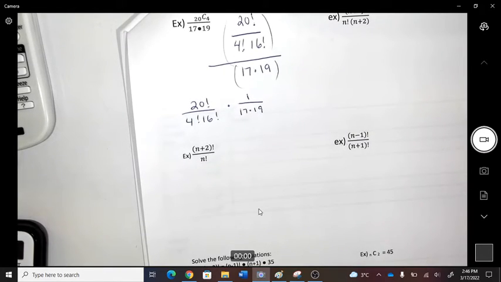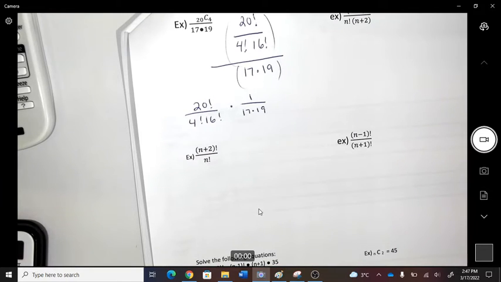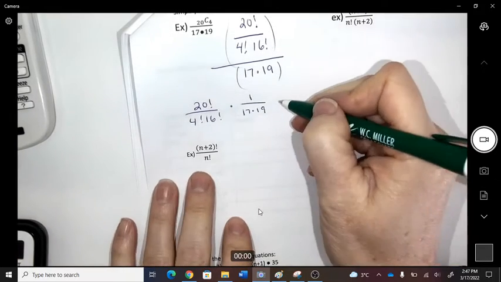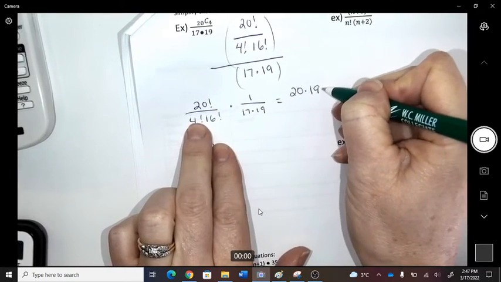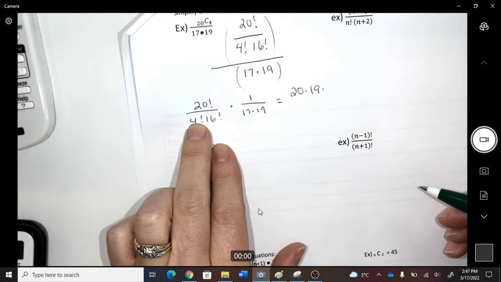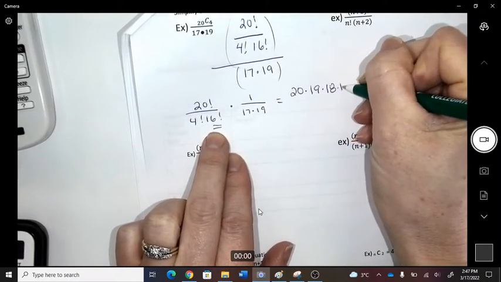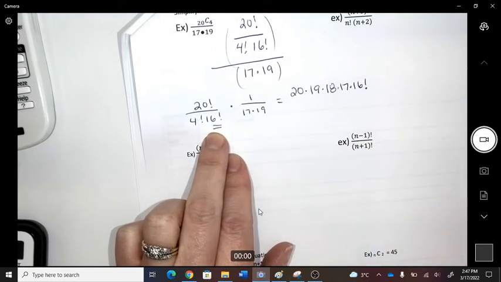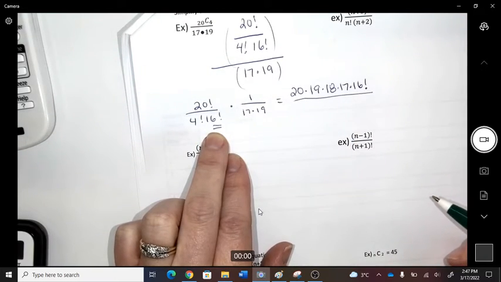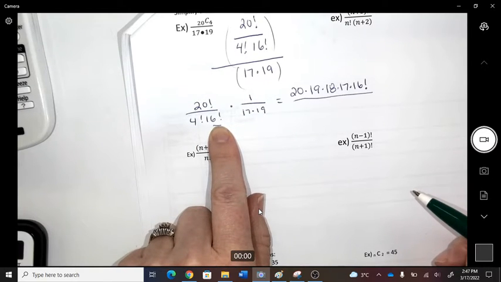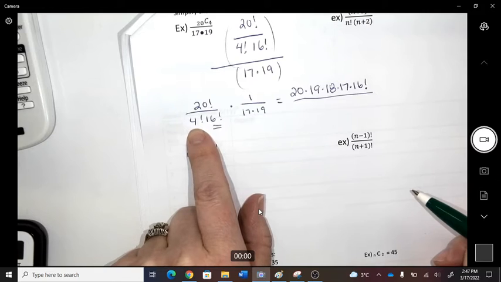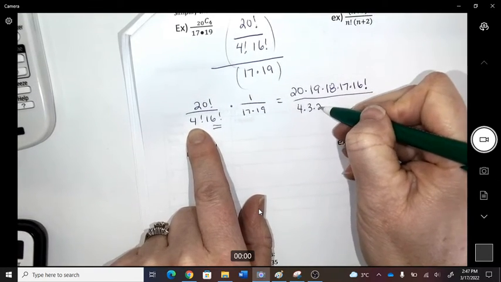Okay, what was my little hint when you do something like this? Start expanding. Anybody remember? Factorials. Which one should I start with? Which one would be the best option? Just the bigger one. Okay, ready? 20, 19. How am I going to know when to stop expanding? Are you going to get hints from other things? At the 16. 18, 17, 16 factorial. So I already have set myself up to cancel with that 16 factorial. But I should still do this one. 4, 3, 2, 1